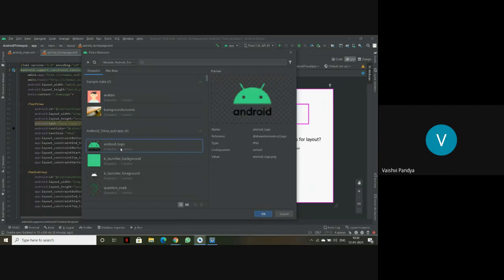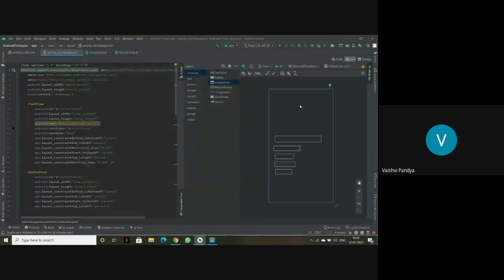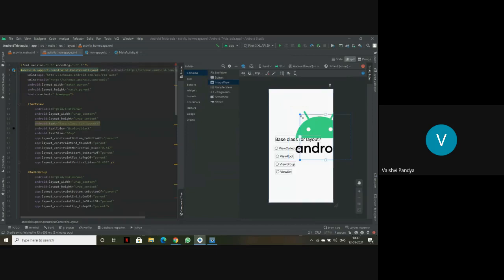And as you can see here, the Android logo, I'll just click on OK. And here we have our image. I'll just constrain it again once. I've constrained it. Now after this we'll again use a button.